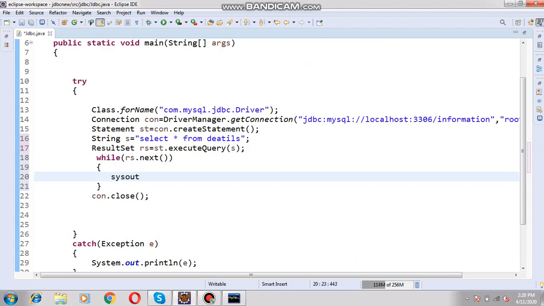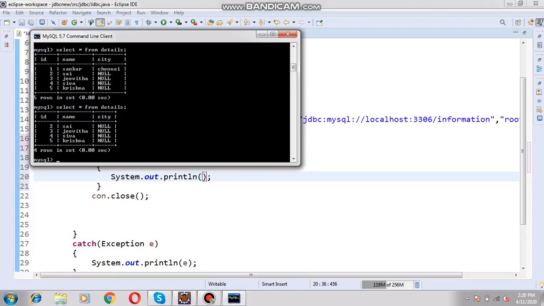Next, what I am doing is system.out.println. Total how many columns are in my table? 3 columns. The first column is an integer, the second column is a string, and the third column is also a string. In SQL it is varchar, but when representing it in Java, it is definitely a string.